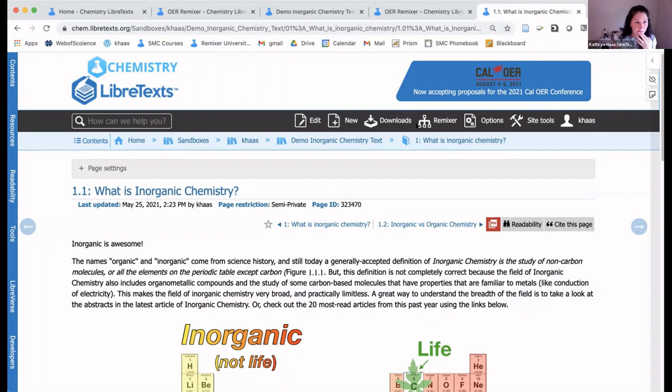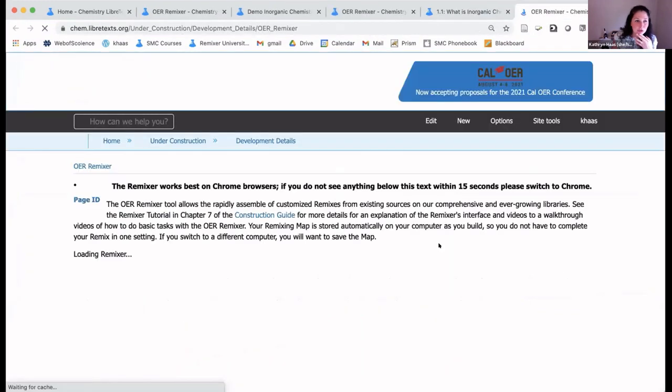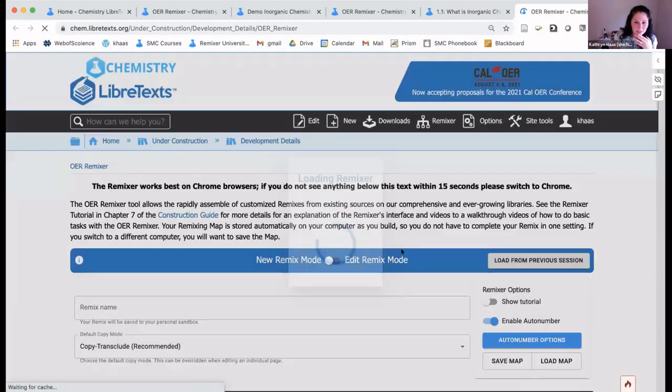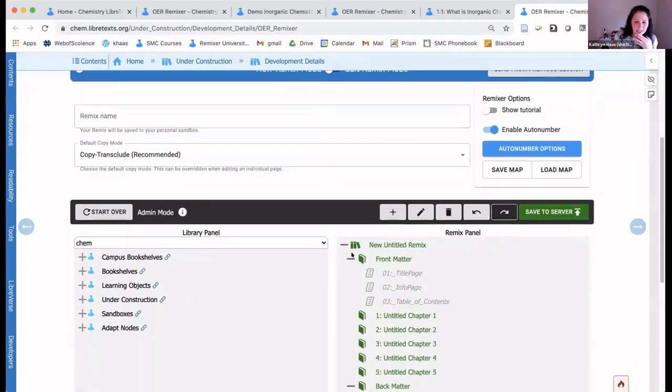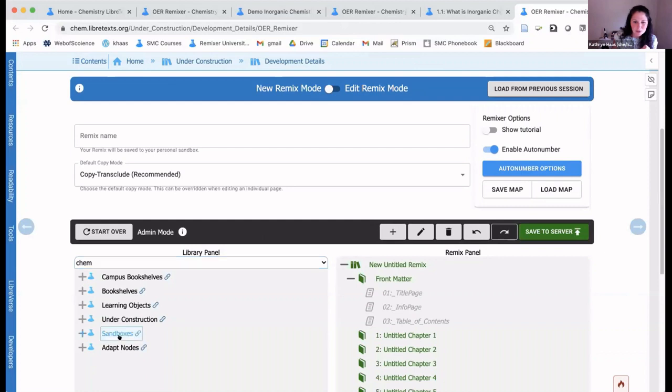So are you logged in? Yes. So then you should see a black bar, and everyone should see this remixer button. And if you click that remixer button, it takes you to the remixer. Yep. Okay, so just watch me for a minute. So this is where,